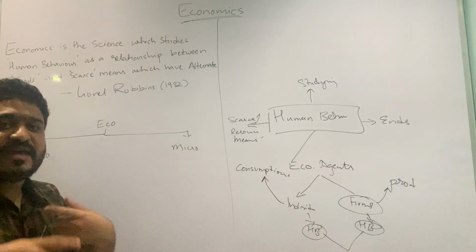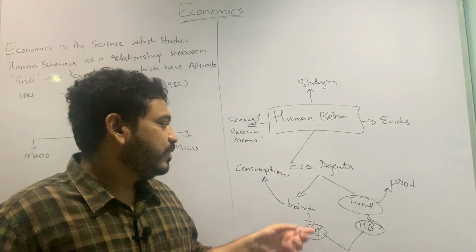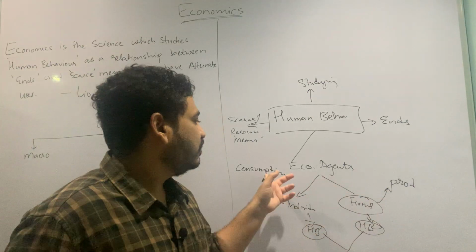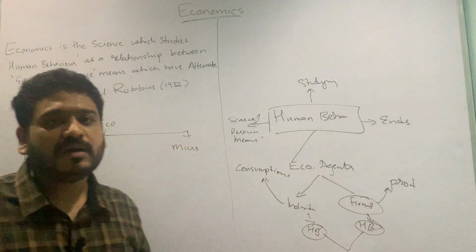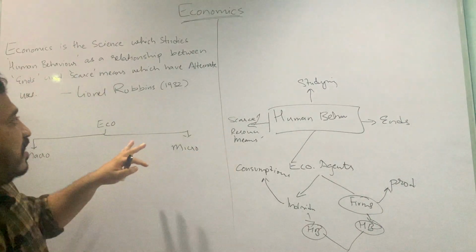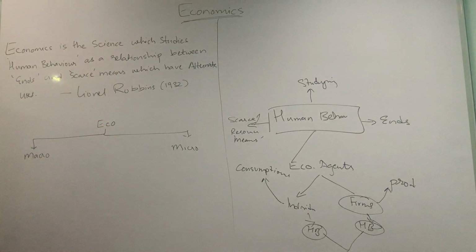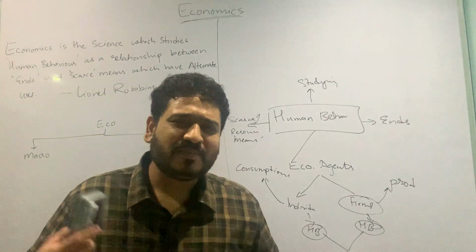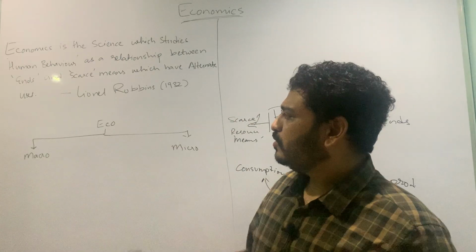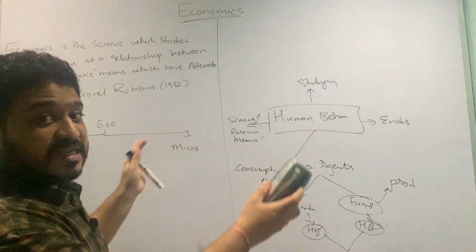So economics is giving you a sense of human behavior given there are scarce resources to meet certain ends. I've given you an example of how individuals as well as firms, which are economic agents, will frame their decisions with respect to consumption and production, and these decisions are studied by economics. What are the underlying conditions or ways in which they will try to consume or produce certain goods and services? I hope it is pretty much clear what economics is doing. This definition is given by Lionel Robbins. You can probably find some other definitions in good textbooks.